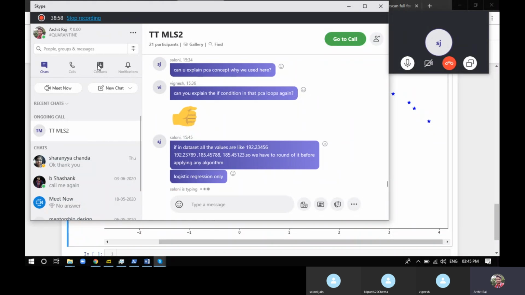Because if you go for the rounding, all the numbers will become similar, like 192.23 will be similar to 192.23789 also. Unless they're telling you to round off, I don't think it's necessary.